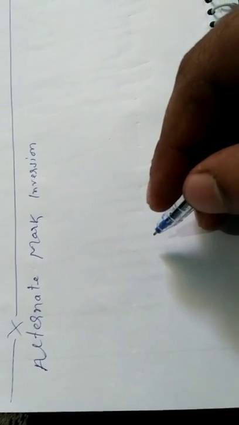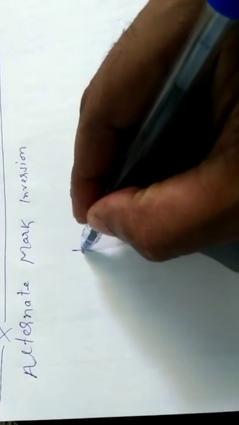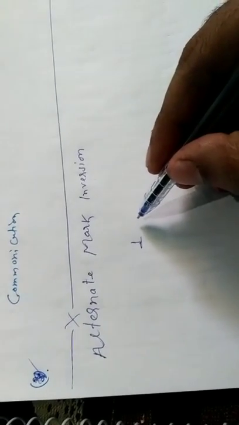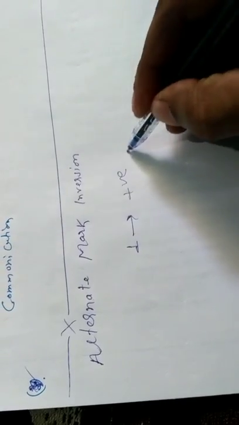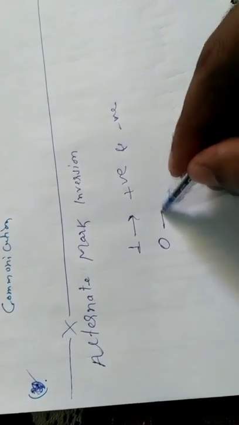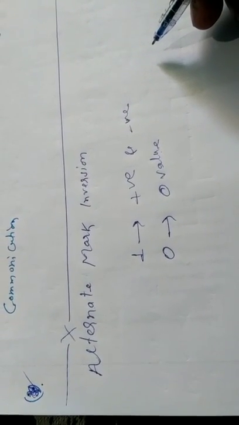So let us now focus on another scheme, which is called the alternate mark inversion scheme. Here, for 1, we have alternate polarities of positive and negative, and for 0 we have simply 0 value. Now in the waveform, for example, if we want to show,